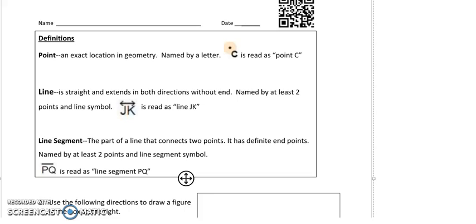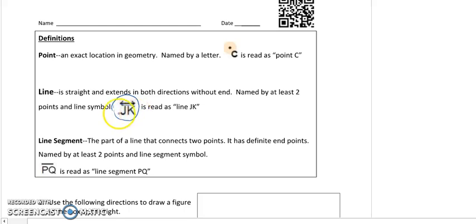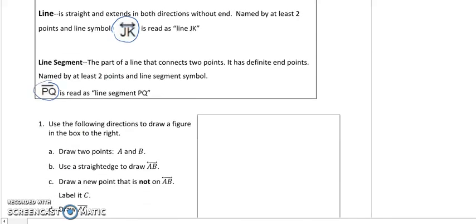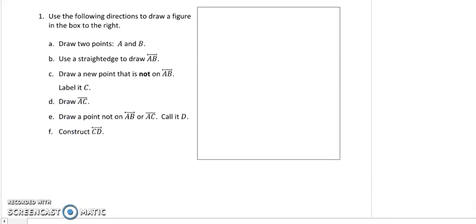We can read it as point C. A line is identified with arrows above the letters, and that would be the name, line JK. And a line segment just has a straight line across the letters, and it is called PQ. Okay, so let's go down here, and it says we're going to use the following directions to draw a figure